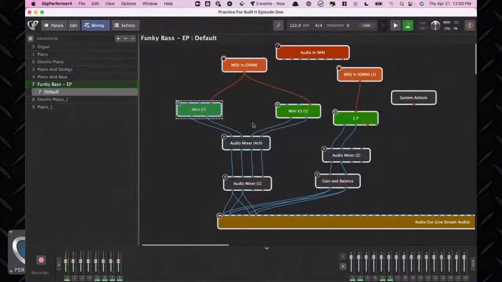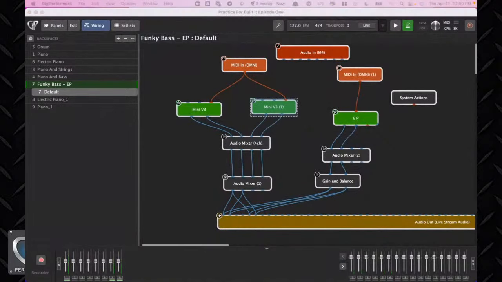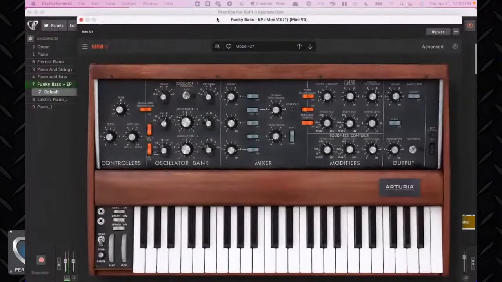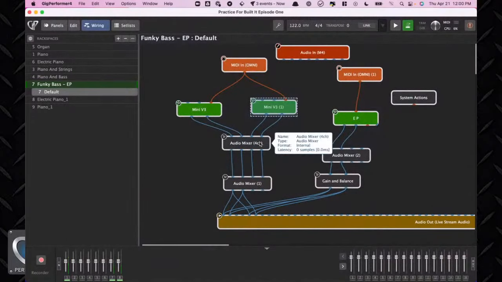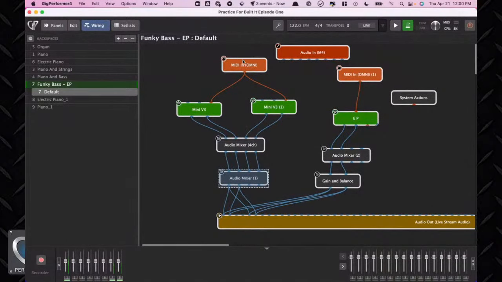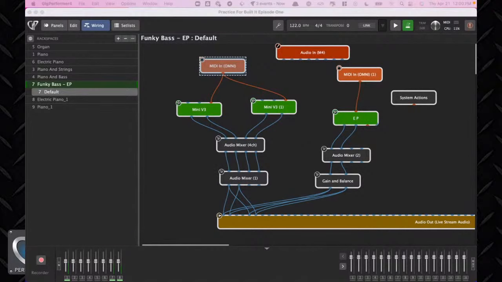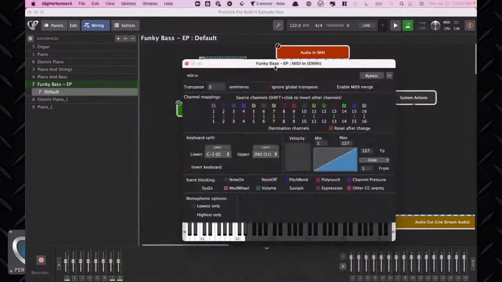That's one of them. And then I actually have it layered. These guys are kind of doing the same thing, but I'm just pulling in different parts of the sound, adjusting these oscillators slightly. Those are running through a mixer, and then it's kind of running into the speakers so you can see them. On my MIDI in block, I have this split out so that I don't have any overlapping,